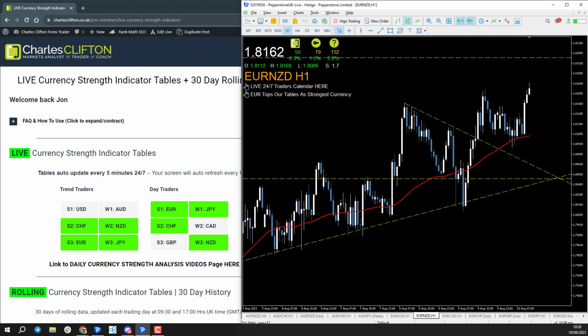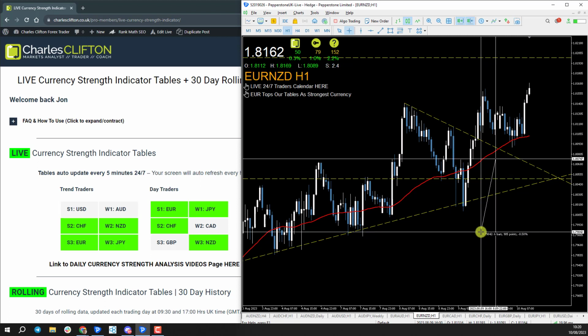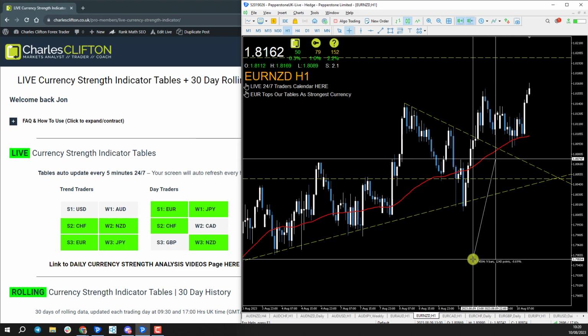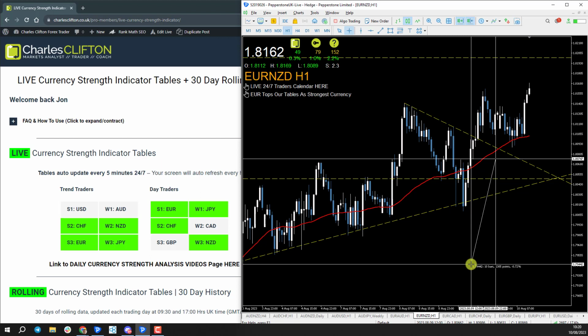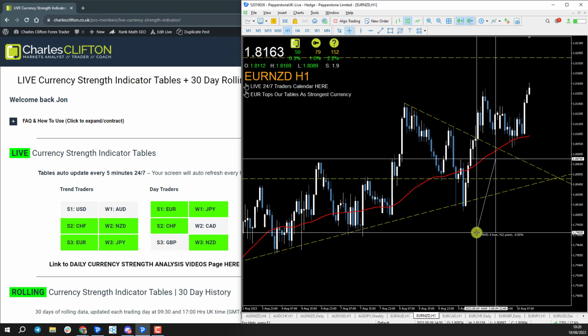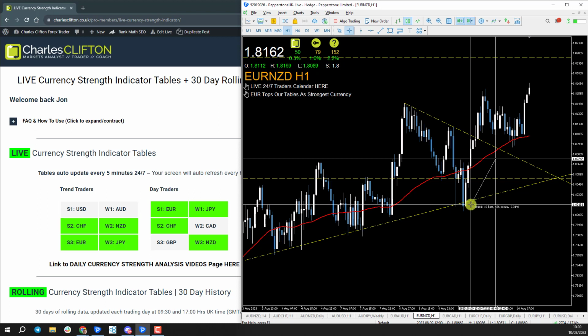Now, I've already reduced risk. I'm at around 99 pips. We started off with a 130 pip stop loss. If I map that out here, it was around these swing lows. So we had about a 130 pip stop loss at 1.79.45. I have now reduced that to 99 pips, which is around about this area just through here, just below the